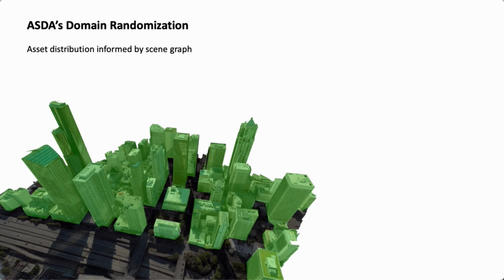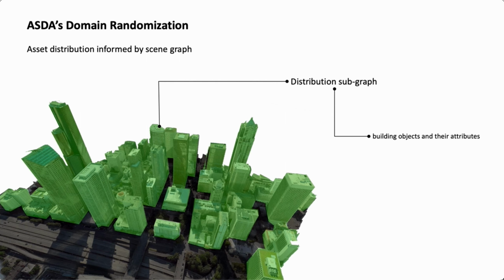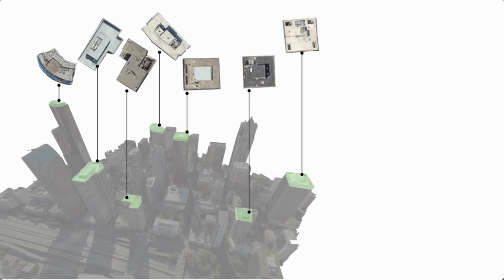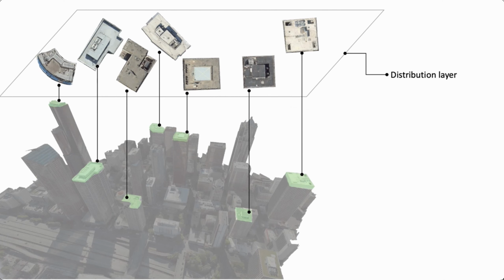Querying the scene graph per asset type results in extracting a subgraph that we call distribution space, which includes all the nodes representing the container objects over which the asset can be distributed. To further reduce the subgraph to the boundary boxes that directly inform location sampling for the landing pad assets, the distribution operation maps the subgraph to a distribution layer. This layer only includes boundary boxes that are polygons of the buildings' rooftops, as well as the relevant attributes such as the height of the buildings and their type. The asset variation generation and distribution over valid locations results in augmented scenes with diverse asset placement and appearance for data collection.